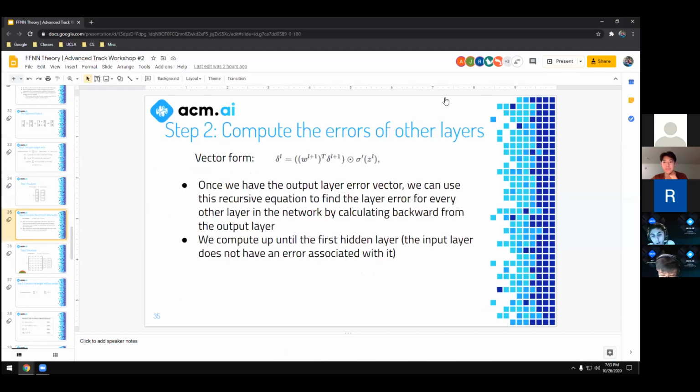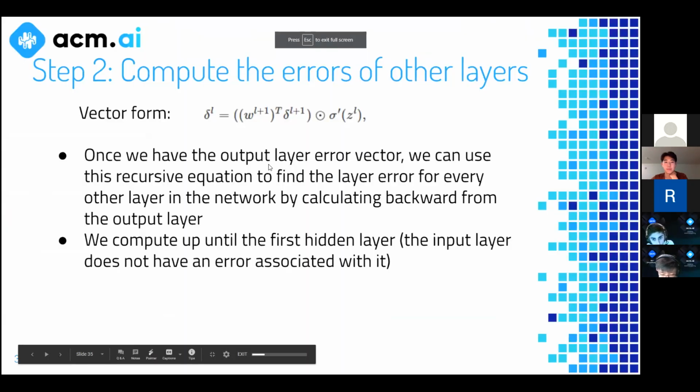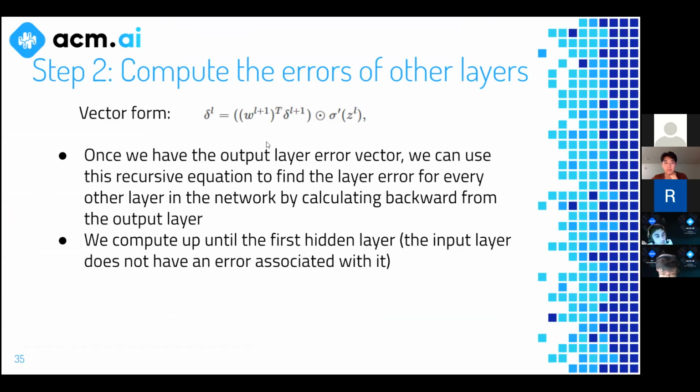Okay. Now, Samuel says, what does transpose mean? So transpose means you swap all of the values. I wouldn't worry about it. It's just so that the matrix multiplication is compatible. The transpose means you swap all of the rows and columns in the matrix. So if you have a row of values here, that's now the first column instead of the first row, and then you do that for all of them. That's what transposing means. That's just what it means to transpose a matrix in general. Okay.